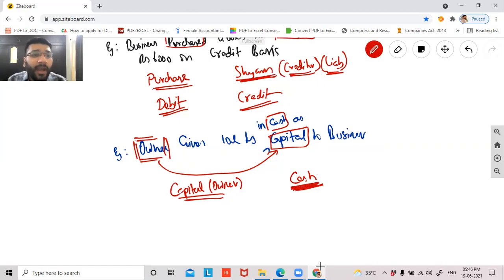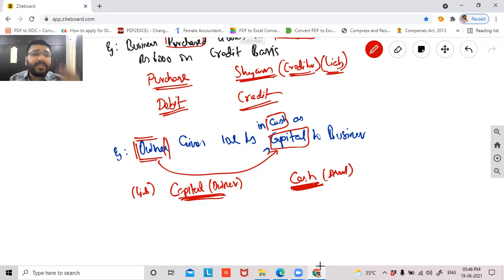Guys, when money is coming in your hand, you'll make a note of it. I've got 100 rupees today. So I'm making a note of 10 lakh rupees, which has come today from the owner. And second, why am I remembering capital owner? Because this is a liability, which I have to repay to the owner in future, whenever he demands. So I need to remember the liability. So this is a liability and this is an asset.